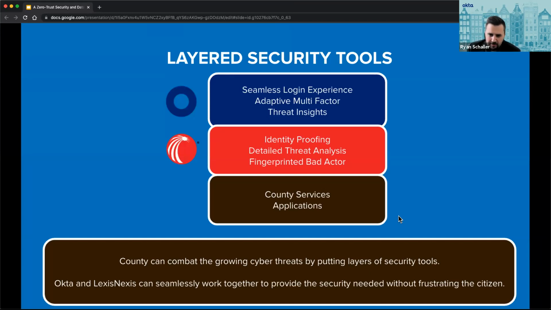Most counties can combat this by putting in layered approaches of security appliances, like insights, so you could have an aggregate log of all of your different systems and clouds, SIEM tools that are focused on just collecting all that information that's happening. CASBs, or cloud access security brokers, will do things like, now that we moved into the cloud, let's take a look at your footprint outside of your previously sanctioned network. So those are the things you have to keep in mind. And a layered security approach really does help you thwart a lot of these bad actors.